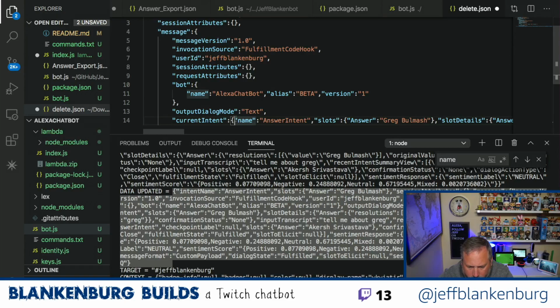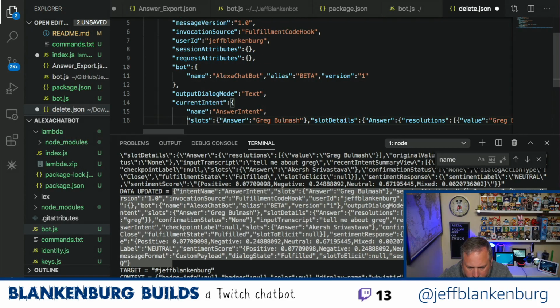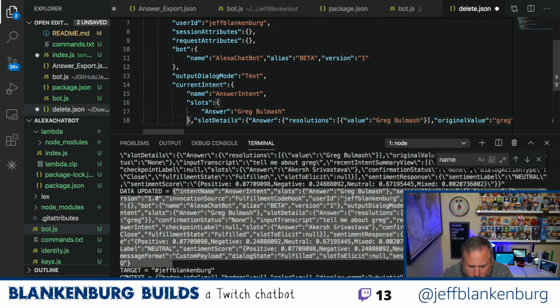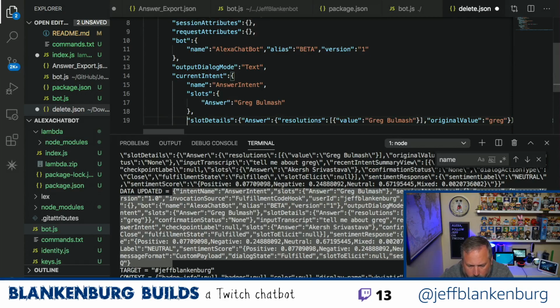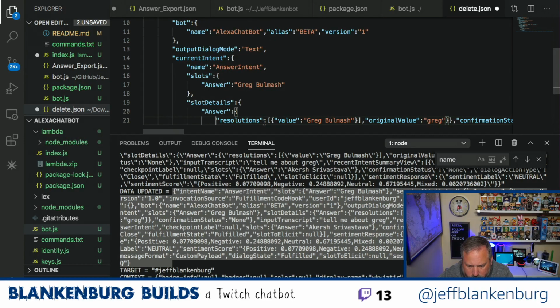Current intent, name, slots, answer, slot details, resolutions.